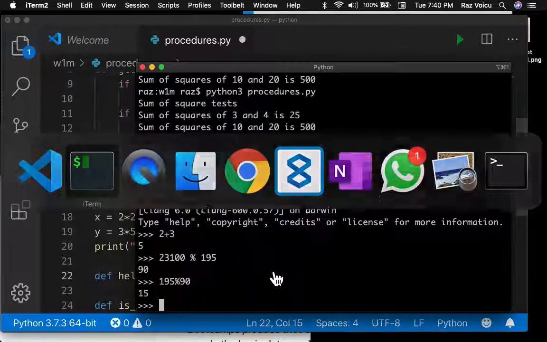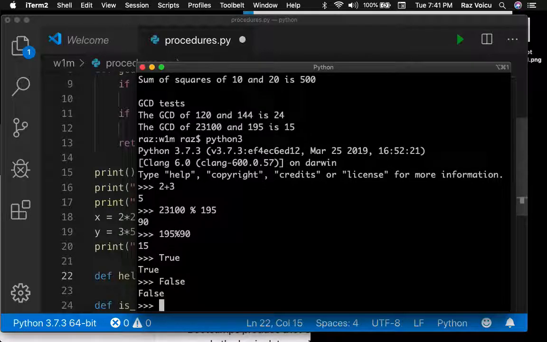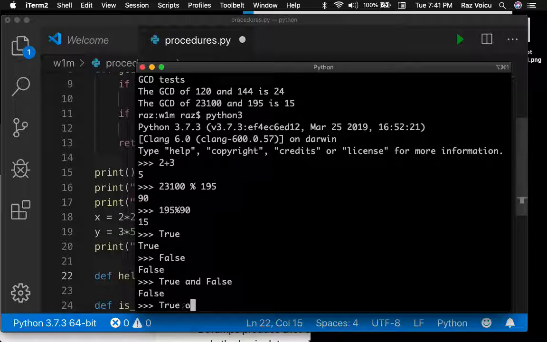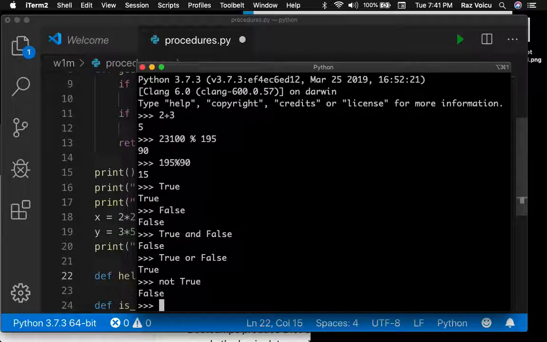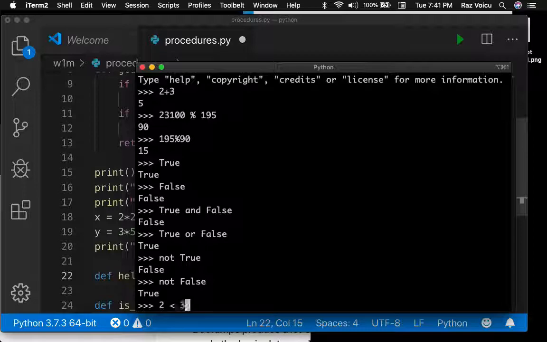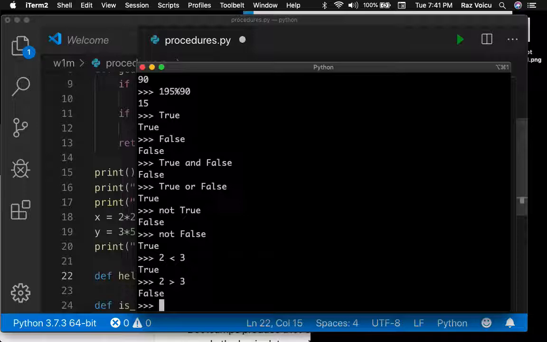Okay, let's practice true or false, right? So this is true, has to be capitalized, and this is false. All right, and true and false is false, and true or false is true. Yes, not true is false, not false is true. 2 less than 3 is true, 2 greater than 3 is false. 2 less than 3 or 2 greater than 3 is